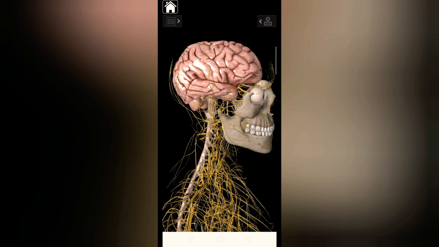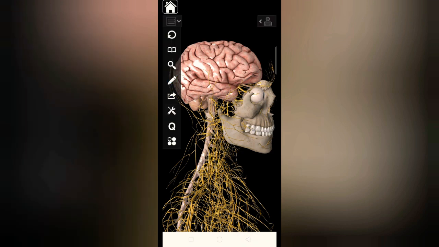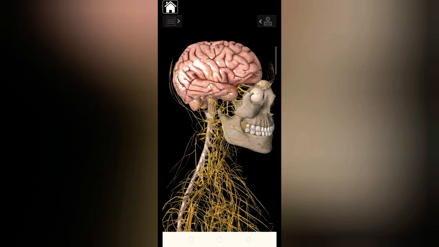The sulcus present within the cerebrum. What are the sulci? Actually, I am going to make a separate video, not a separate video. In this video only, I am going to explain the different types of sulci and gyri, what sulci and gyri are, and how we can classify them.